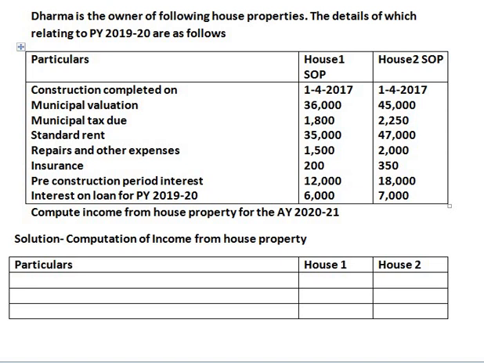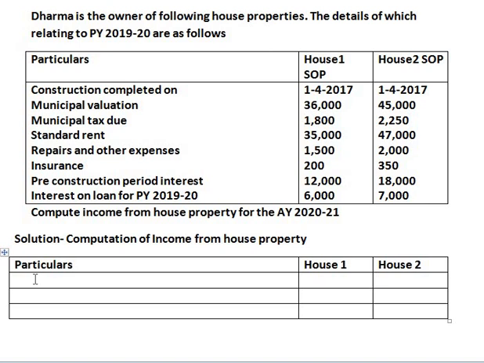In the sum, both the house properties are self-occupied property. So we want to solve the sum twice, that is, once you will consider the house properties self-occupied and in the second solution you will consider both the house properties as deemed to be let out property. And finally we have to come to a conclusion which house has to be treated as self-occupied property and which one as deemed to be let out property. So let us begin with the solution.